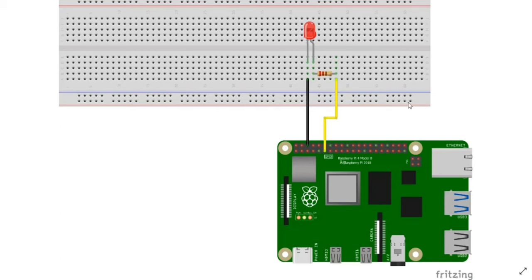So to start with, the circuit connections are pretty simple. I've connected the anode pin to the GPIO 17 of the Raspberry Pi board, and the ground wire is the black one. So I've connected the ground to the cathode of the LED. Now let's set up the Blink app on the mobile as well as on the Raspberry Pi, connect them together and pass commands from the Blink app to be able to control the LED blinking on the Raspberry Pi board.